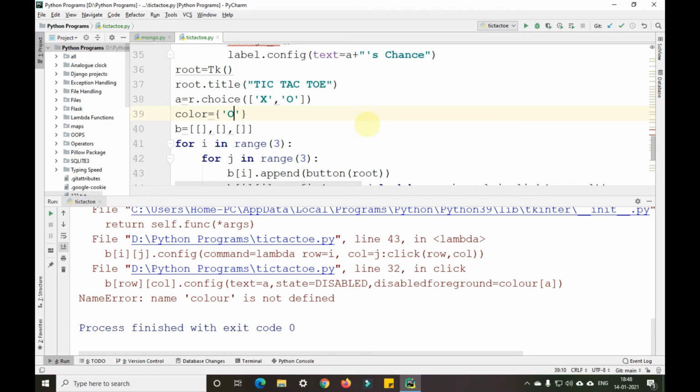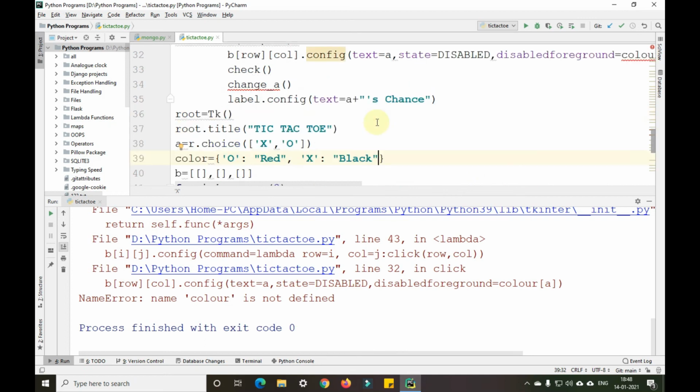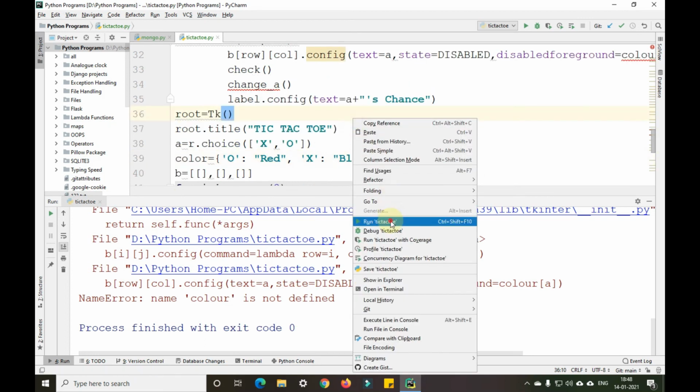If it's O, then we'll pass red color. If it's X, we'll pass black color. Let me write it in double quotes here. So when I run it, it should run properly now.